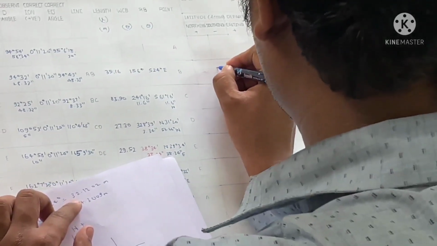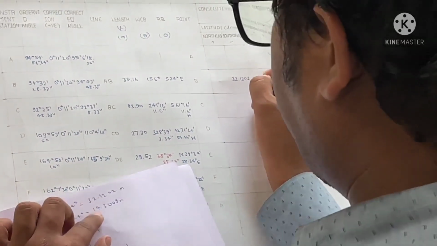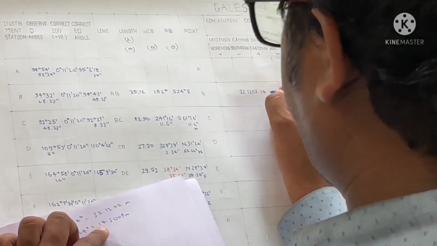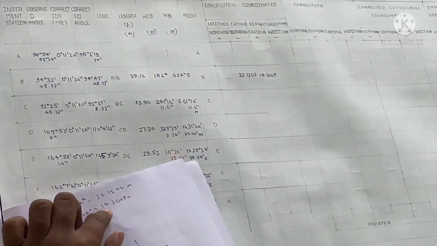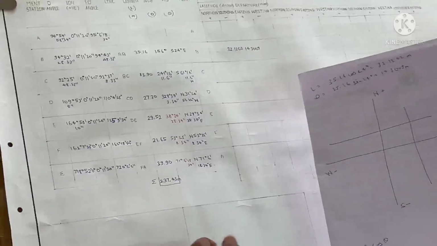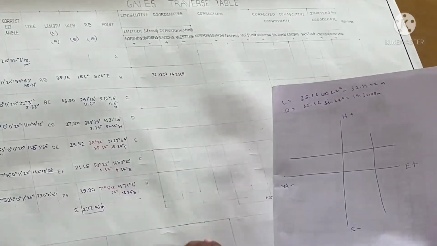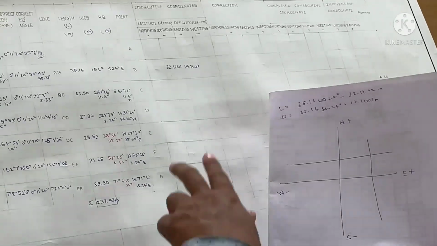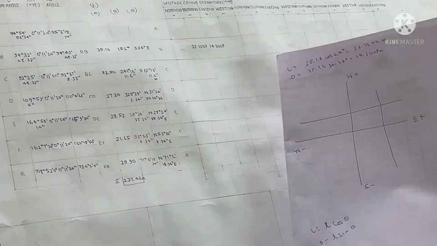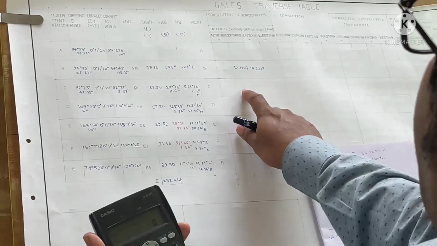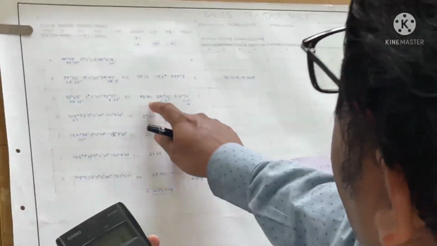So it is 32.1202 and it is 14.3009 meters. Okay, so by making use of the formulas L cos theta and L sin theta, we will go on calculating the corresponding latitudes and departures of the further lines. Now, in order to calculate the latitude of the line BC, the length is